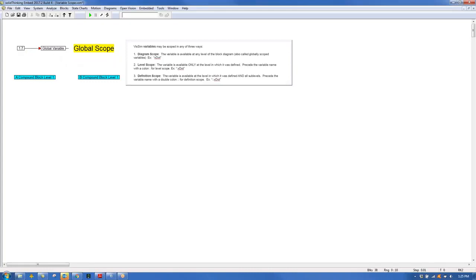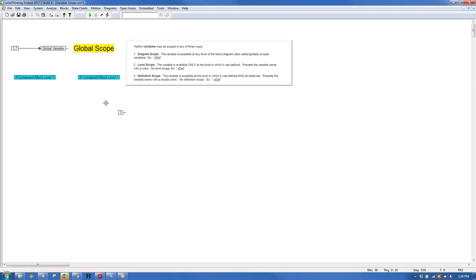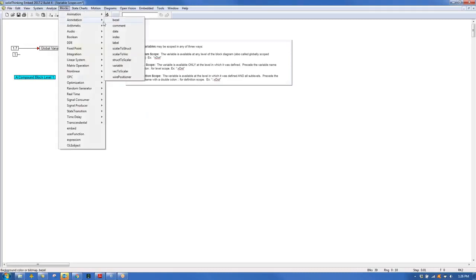So far what I've done in these models is I've been using a constant value. I got it from one of these down here. This is a signal producer. A signal producer is just a block that produces a signal, and I'm using the constant for it. I've assigned it a value of 1.7. This right here is a variable, and this is available under the second category, annotation,